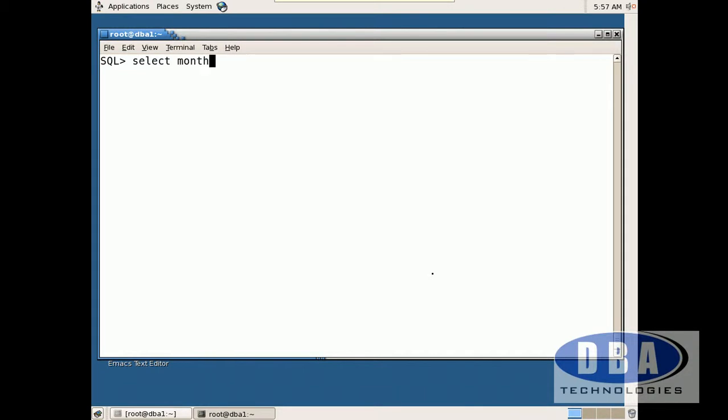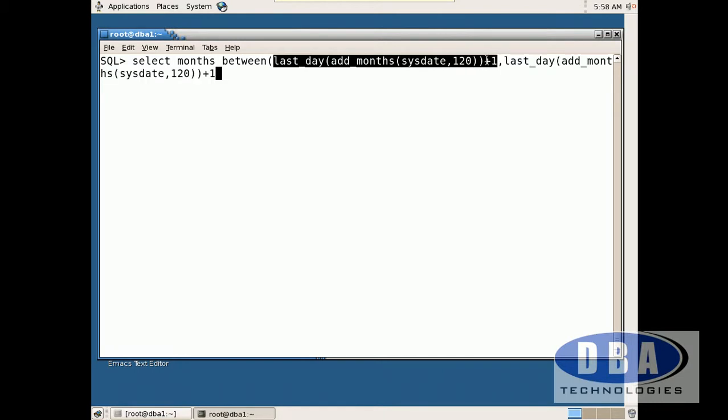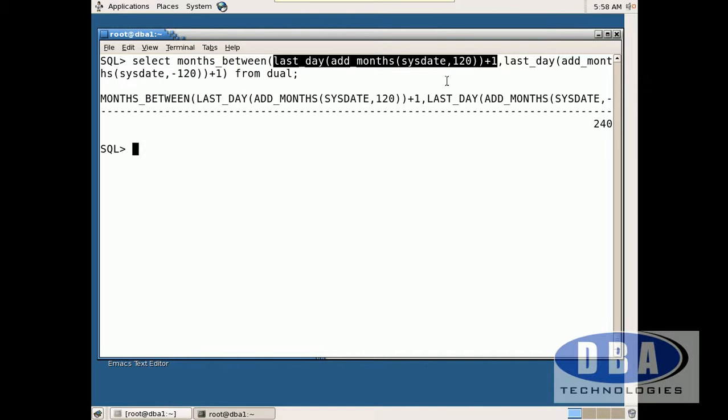Select months between last day, add months of sysdate, comma 120, plus 1, comma last day add months sysdate minus 120 plus 1, and close this from dual. What does it show as the output? It shows the output as 240